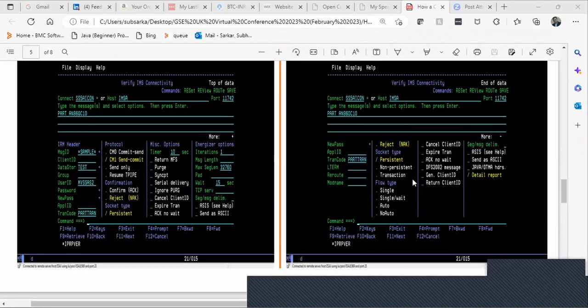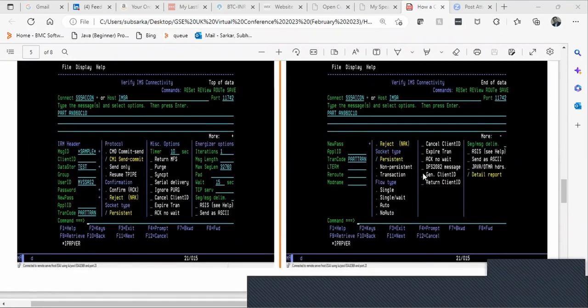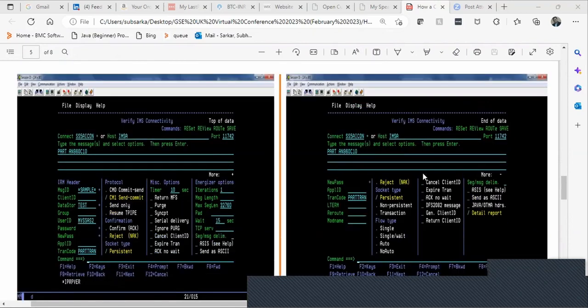You can just select the specified options, hit enter, and in the background, Energizer for IMS Connect will behave as if it's a client to IMS Connect, and it will send the message as if an IMS Connect client is sending that particular message to IMS. So it basically simulates the behavior of an IMS Connect client. If I'm to say it in very simple words,